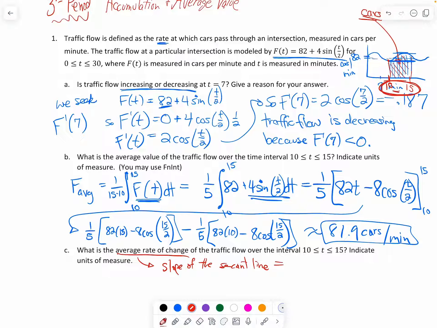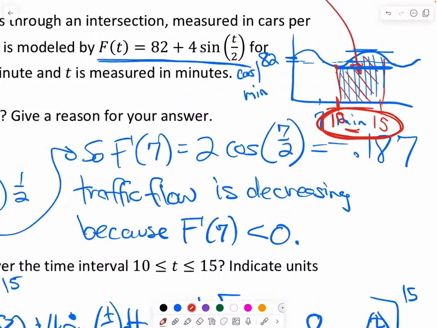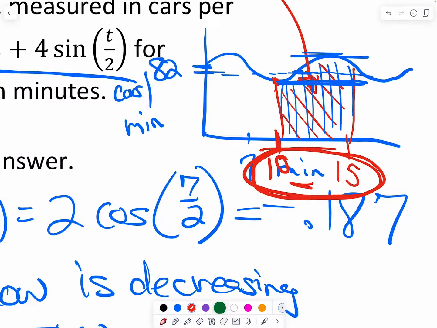The slope of the secant line is the average rate of change for us in calculus. So let's go back to from 10 to 15. That means this is roughly here. At 10, there's the rate of change, and then at 15 there's a rate of change. We are looking for that slope,